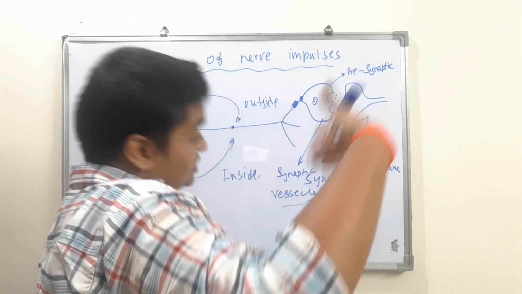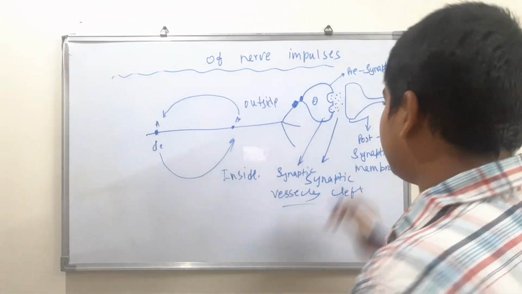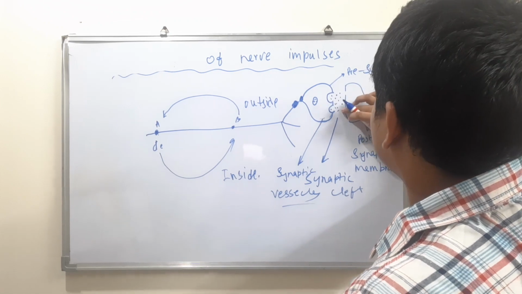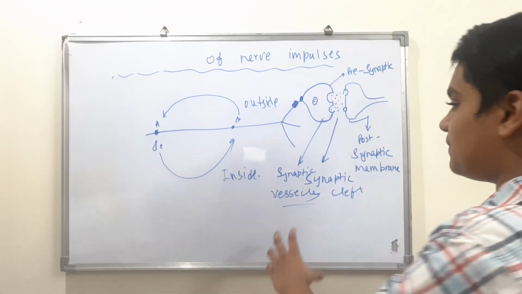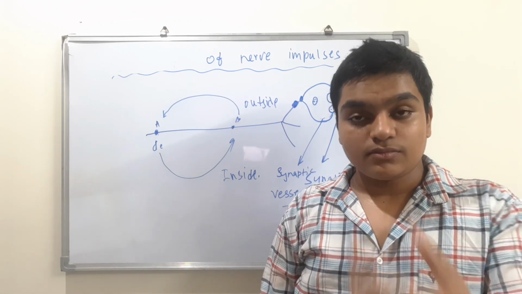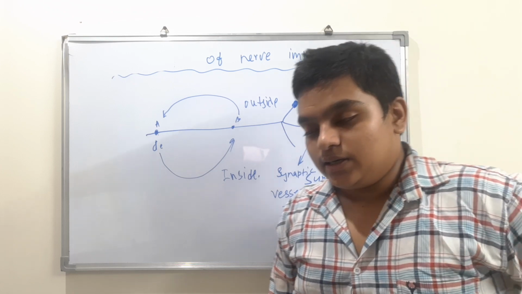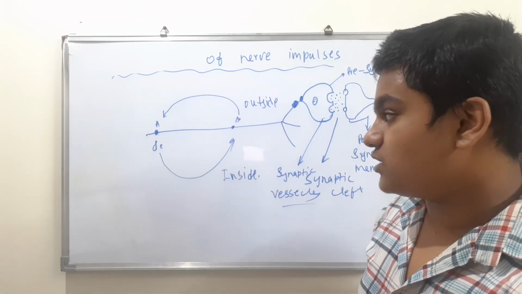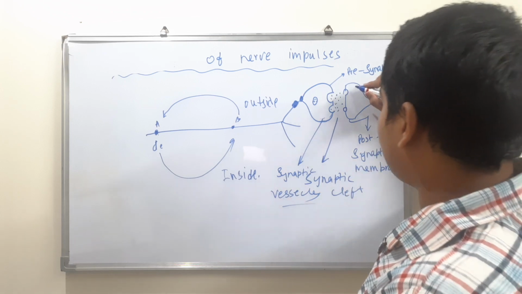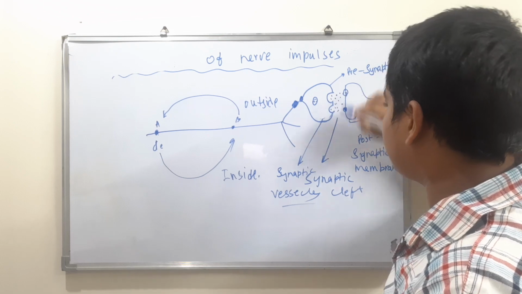And on the postsynaptic membrane, in order to receive this impulse, we have some receptors. And these receptors recognize that these are the neurotransmitters, the chemical substances, and these neurotransmitters come and sit on the receptors,